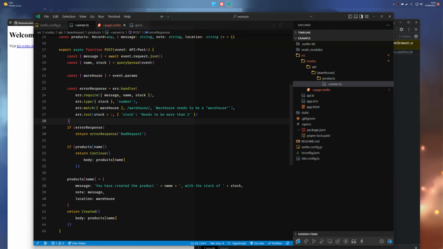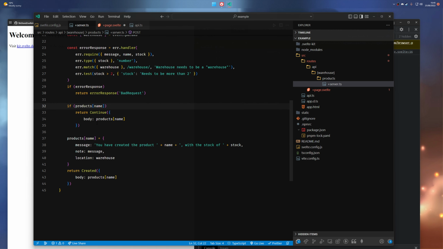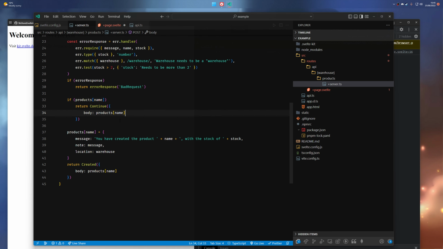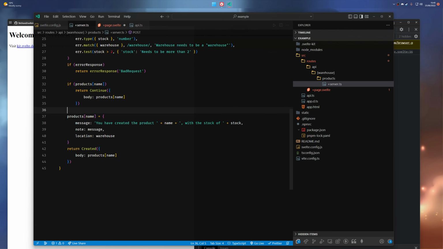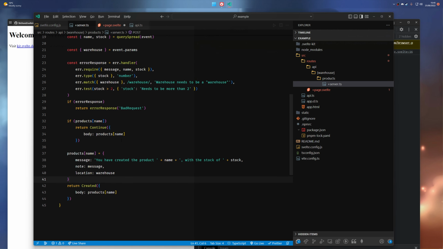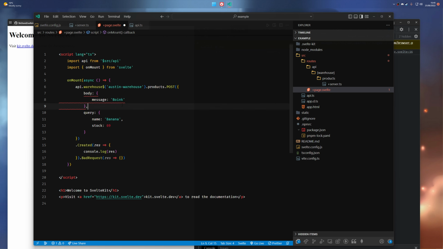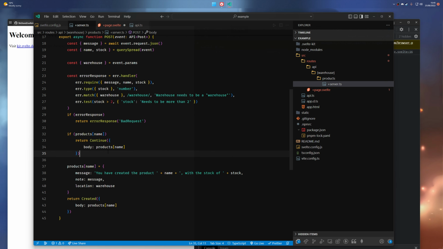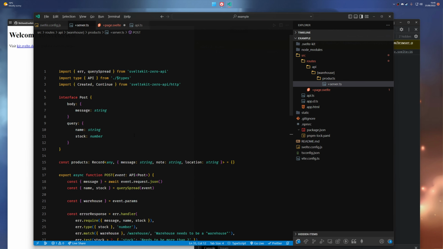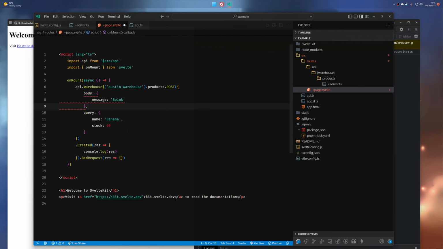So here I'm just simulating a database where you save it and then you return the objects. And then I make it down here and then I create the object, and yeah, you kind of get the idea here. So that's really what SvelteKit Zero API is about. And it's generating these types for us, so we don't have to worry about all of the minor details. So yeah,